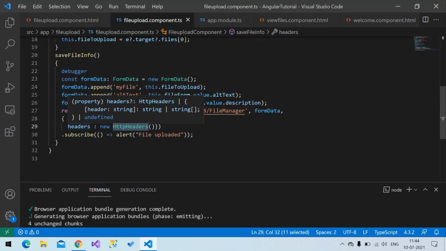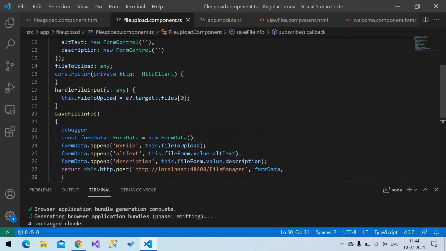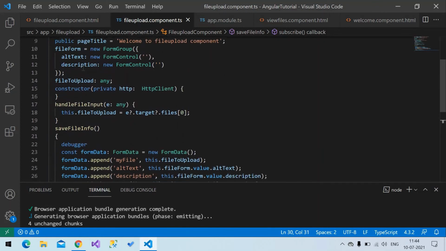Once the call is submitted, I'm subscribing to it. Once the file upload is completed, I get the response and show an alert message that the file got uploaded. This is the simple file upload component.